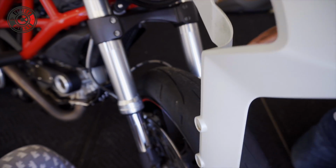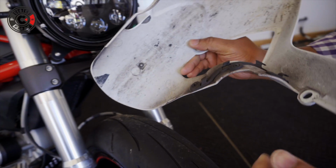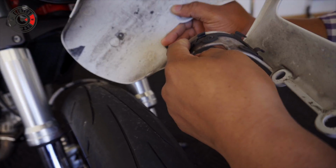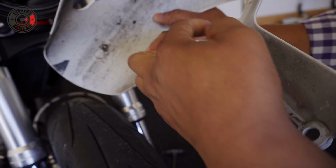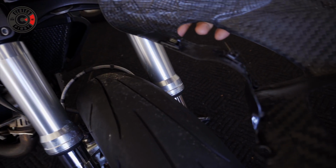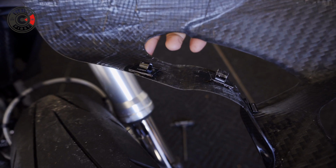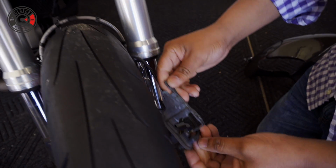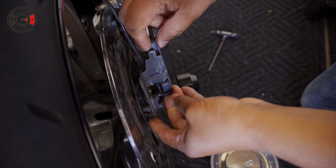There we go. Now, this is what I was talking about earlier, guys. You see how this comes with this component here for the ABS line? The cool thing about MotoComposites is that they actually build it into the carbon fiber for you, so that way it's being held. Let me show you the new part. Usually you have to kind of reuse the OEM ones, but the cool thing here, these guys added it on, so that's gonna save us a step. And here's your ABS module, guys, and that goes here,